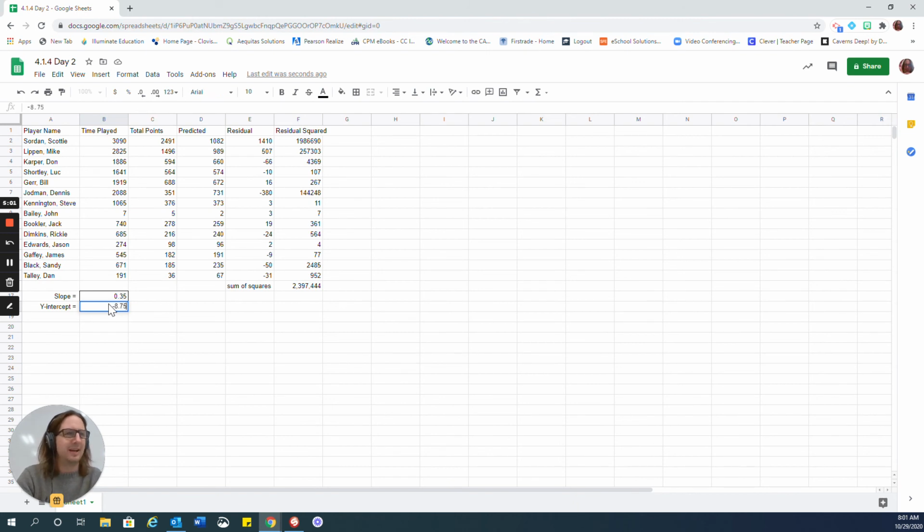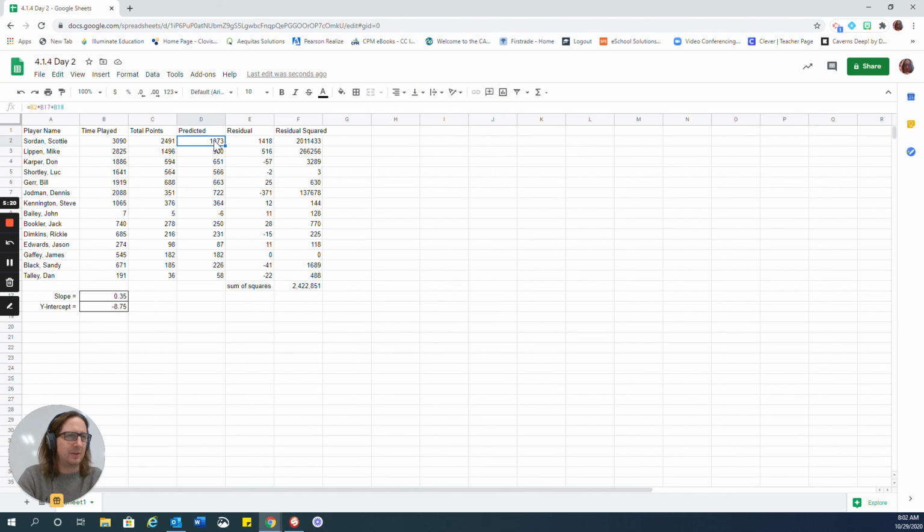7.5. That's a 7. There you go. And now it's done everything for me. Hooray! I have my predicted values all down here. So these cells right here, I've just written the equation that this one times the slope plus the y-intercept gives